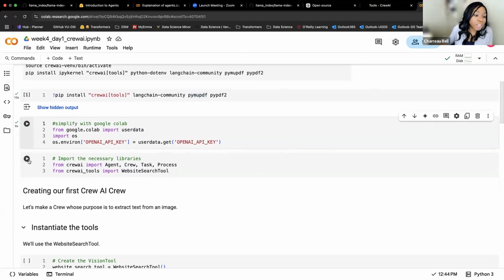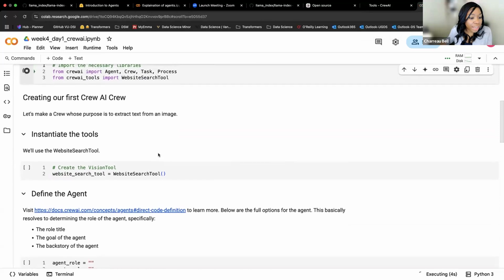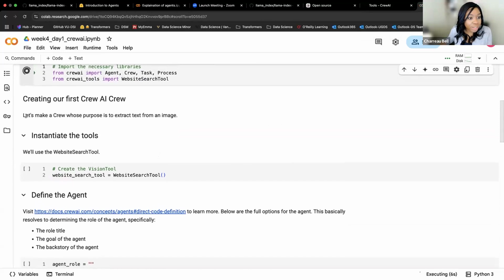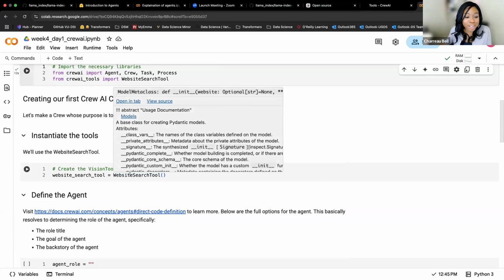So let's say our whole goal in life is to be able to ask questions about a particular website. And we just saw that the website search tool can help us with that. So we're going to go ahead and change that. Hilariously, I have this still here. This was the first iteration where I have some handwritten notes. I love to handwrite notes inexplicably, but I took a picture of it, uploaded it, and did RAG over this picture. Very cool. Something you can also do, something you should try because the Vision tool is already there. Give that a try if that's something you're interested in.